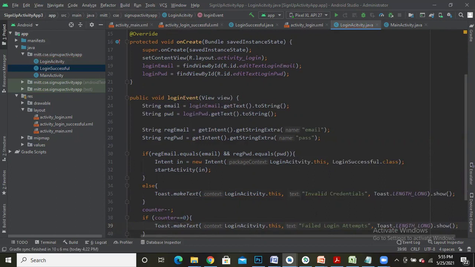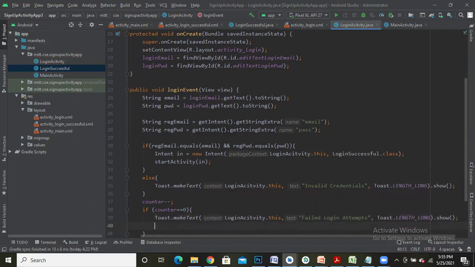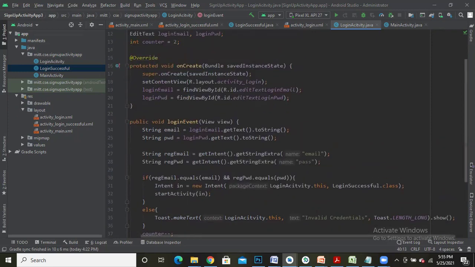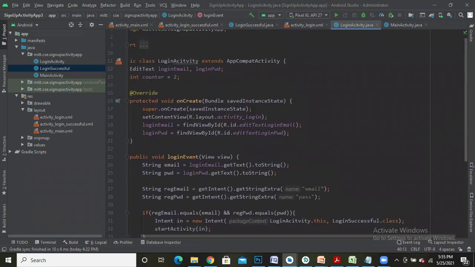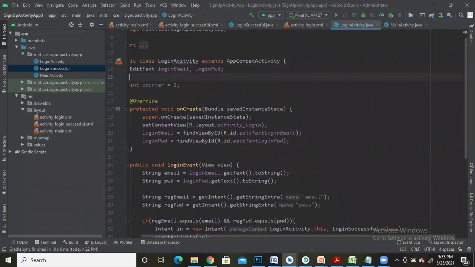Not only displaying the toast message, I am also going to disable the login button. So disable login button. I had not mapped this login button, so let me create a button.